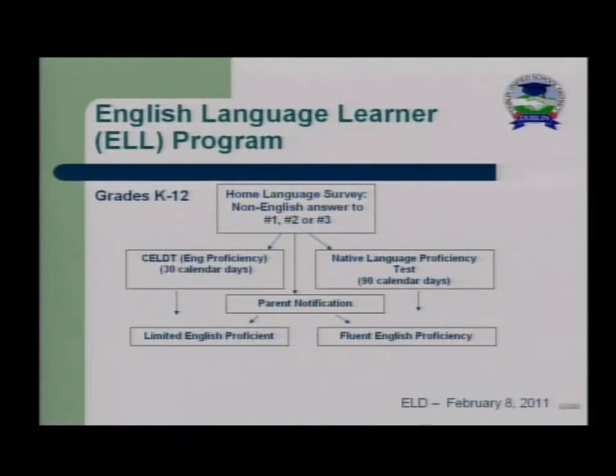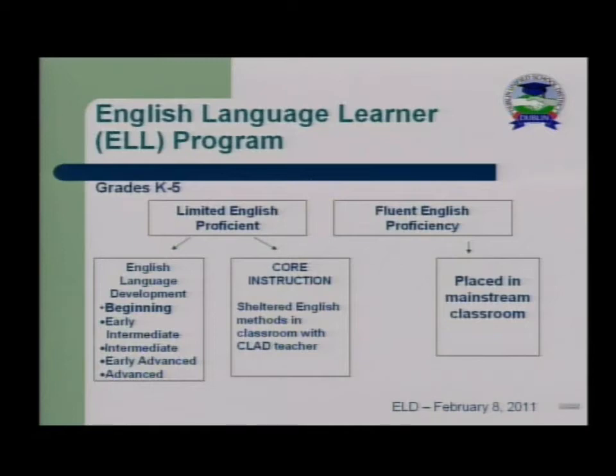point. They are an English language development student, and the process for them begins at Dublin Unified for what courses they will be taking depending on their particular school or grade level. In grades K to 5, if they are limited English proficient, they would be either classified as beginning, early intermediate, intermediate, early advanced, or advanced. But again, the top 2 levels, if they scored that on their first assessment, they wouldn't be seeing